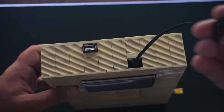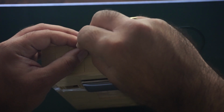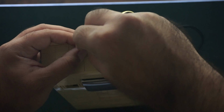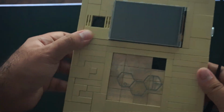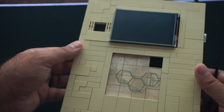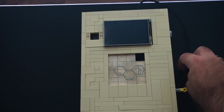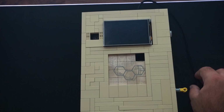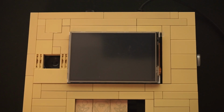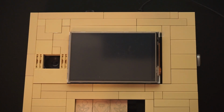So on the top here is this USB slot. It's kind of a tight fit, which is a little bad, but you just gotta carefully wiggle it in. There's a speaker on the left, and the power cord on the right, and we're gonna turn this guy on. So when you plug it in, it takes a couple of seconds to actually turn on,